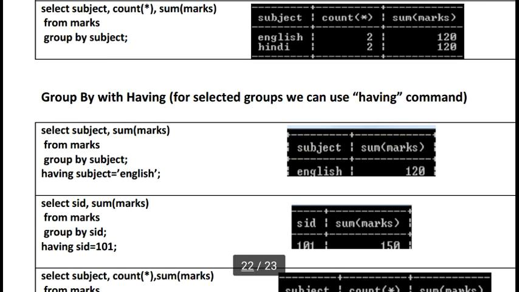So group by with having: for a selected group we can use having. Okay, so in group by we always use having as a pair. Group by we can use with the having clause to show the selected group. Without having, all the groups will display. With having, only the selected group we can control or see.